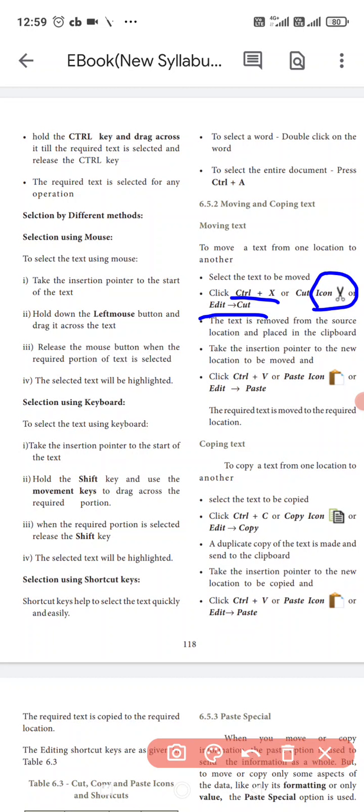If you press it, the text is removed, and the source location is removed. Next, keep your insertion pointer at the place where you want the text. How to paste? There are three ways: Control plus V, the paste icon, or Edit then Paste. That is your wish. You can move the required text from one place to another place.